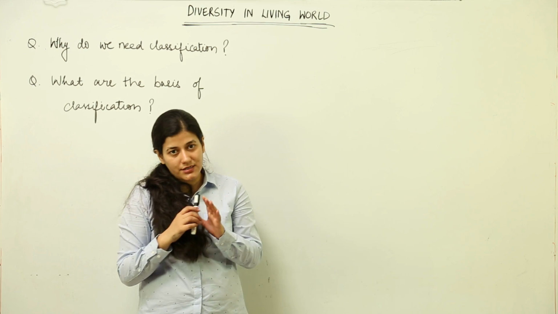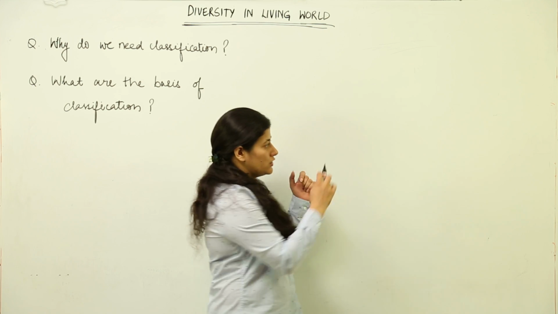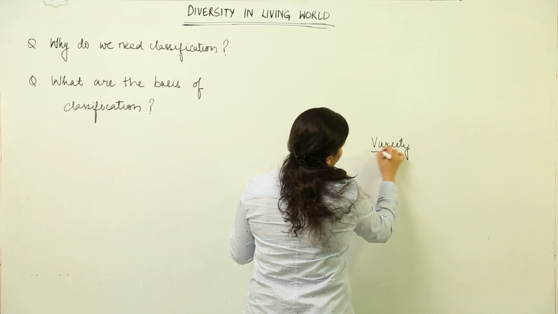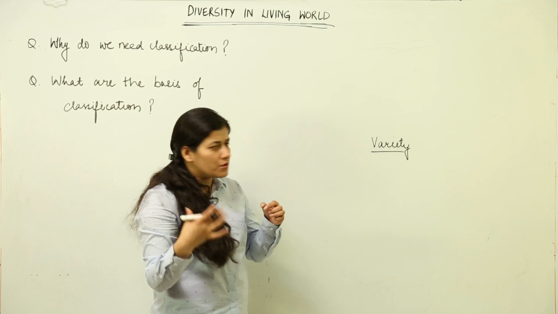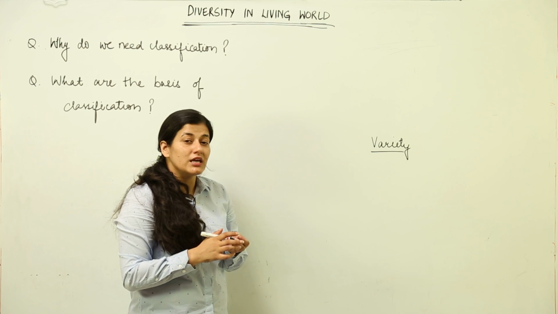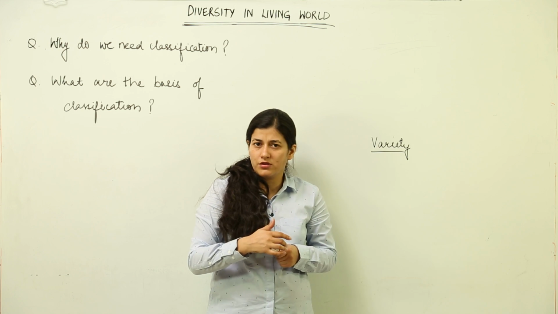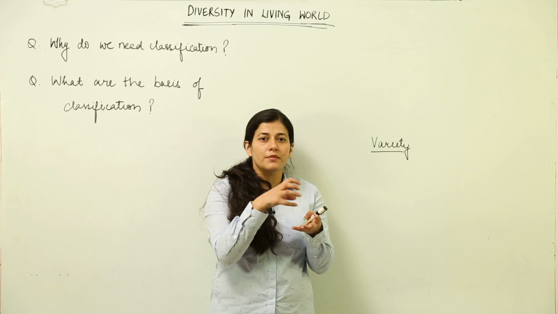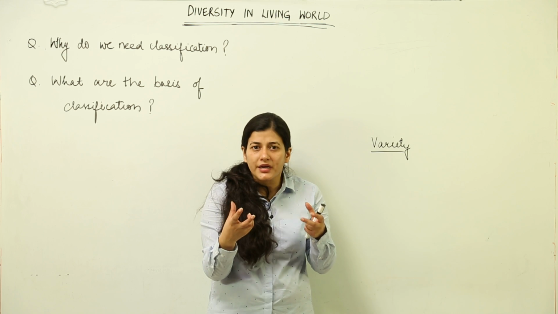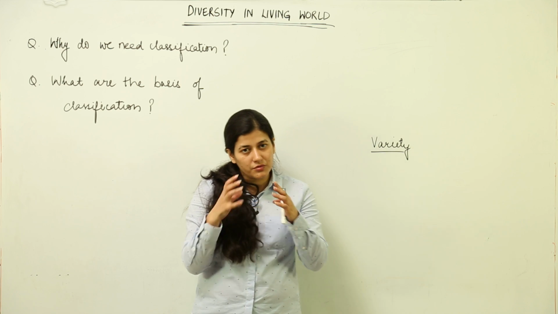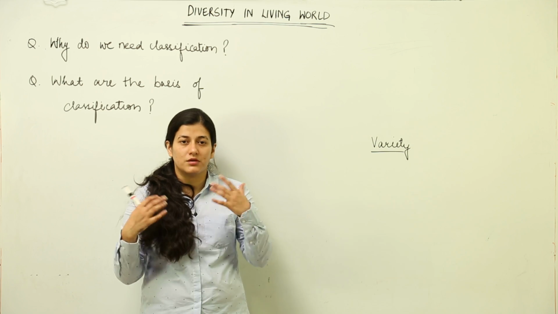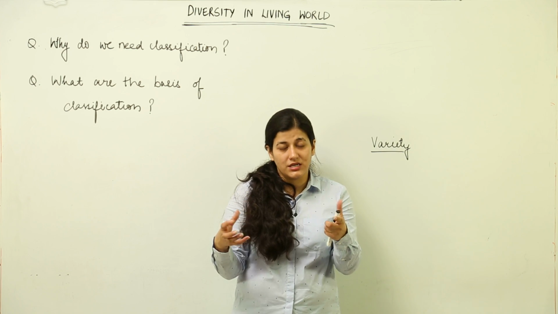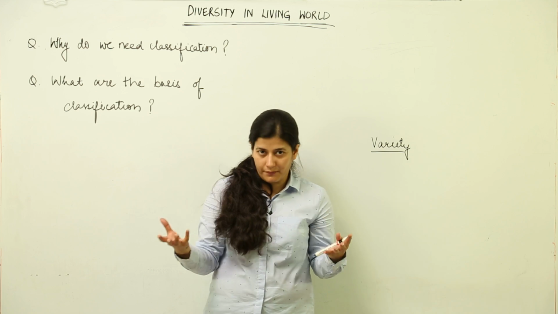If I talk about diversity, in the simplest terms, just call it variety. Now try to relate it with an example that I would give you. You go shopping, online or somewhere else, looking for some sports equipment. In case you go to a place and see only 2 or 3 items for purchase, you would say that the variety is limited. But in case you go to some bigger place where you get a number of items at your availability, where you can choose any one out of many,